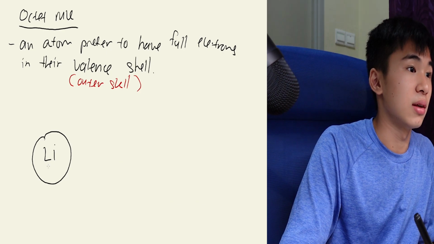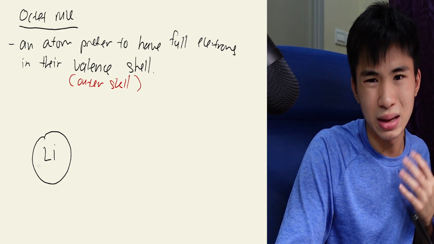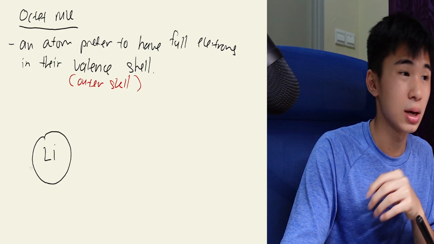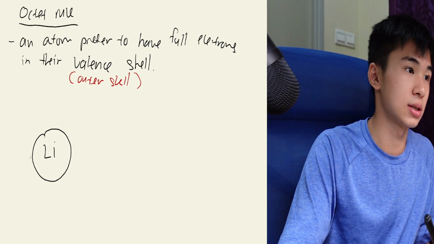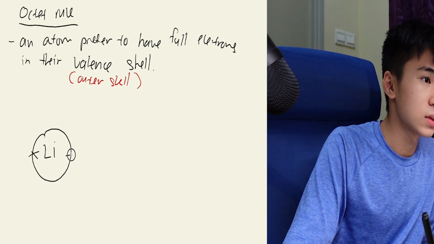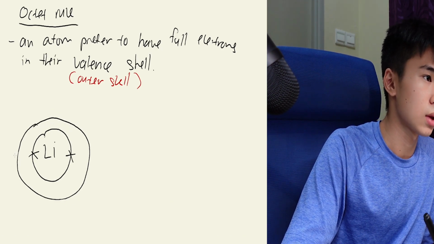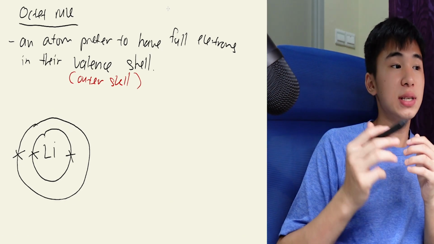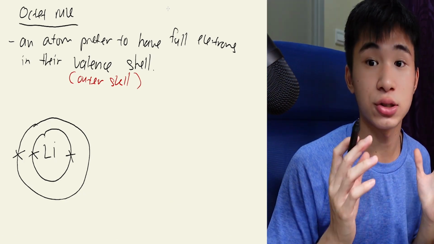So this is the nucleus of a lithium. I'm just going to label it L. It's not really that important for the nucleus. We know that lithium has 3 protons and 3 electrons. So 1, 2, and 3. The third one. Okay. So the reason why lithium is reactive is that lithium has not enough electrons in its